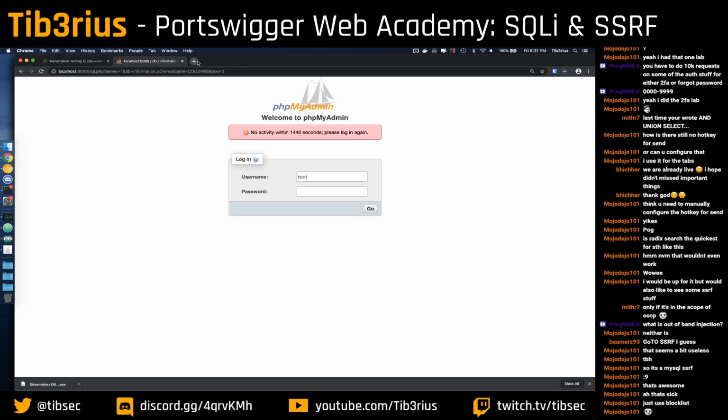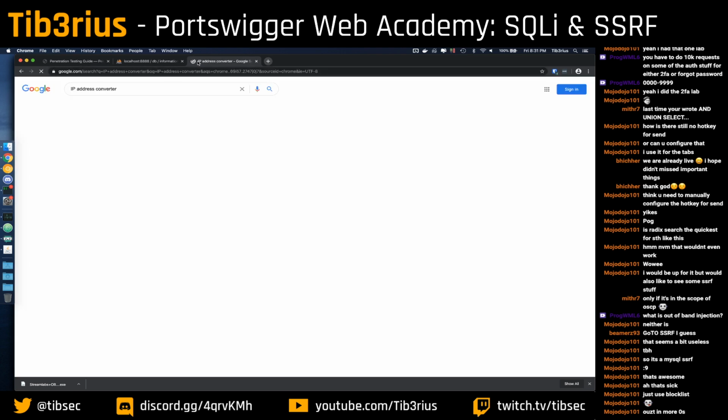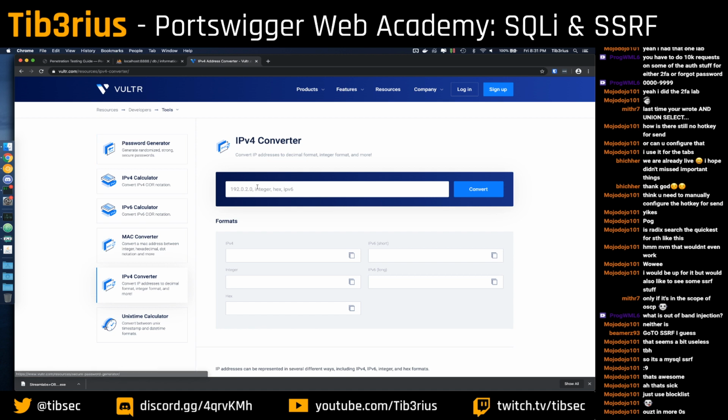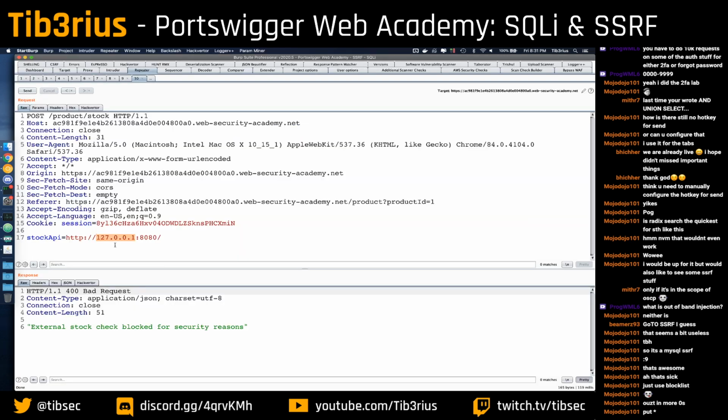So you can actually just Google IP address converter, and I think this is the one that was pretty good. If you type 127.0.0.1 into here, you can get not only an integer that is the representation, this is the integer, you can get that in hex as well. So if we copy this,